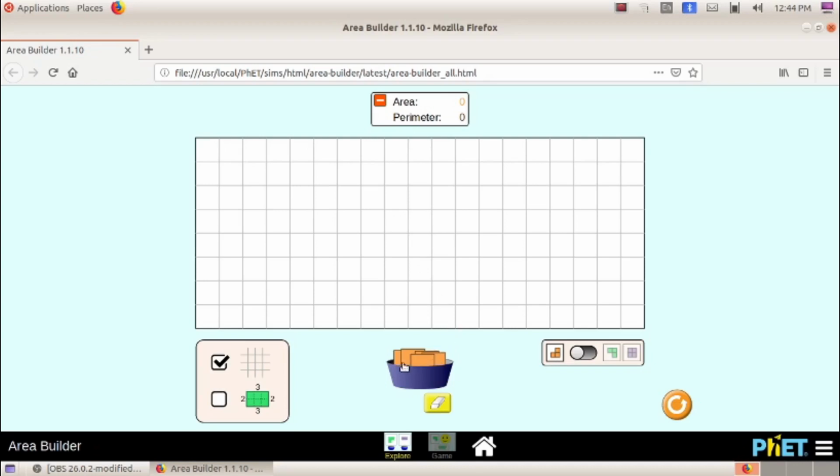Now I am going to place a square from this bowl to this box. So all of you listen, watch the video carefully. Just click inside here. Don't leave your mouse. Click and drag and place it here. When you reach here, you leave the mouse. Okay. Now you see the value of area here. Area is 1 and perimeter is 4. How it become area 1 and perimeter 4?